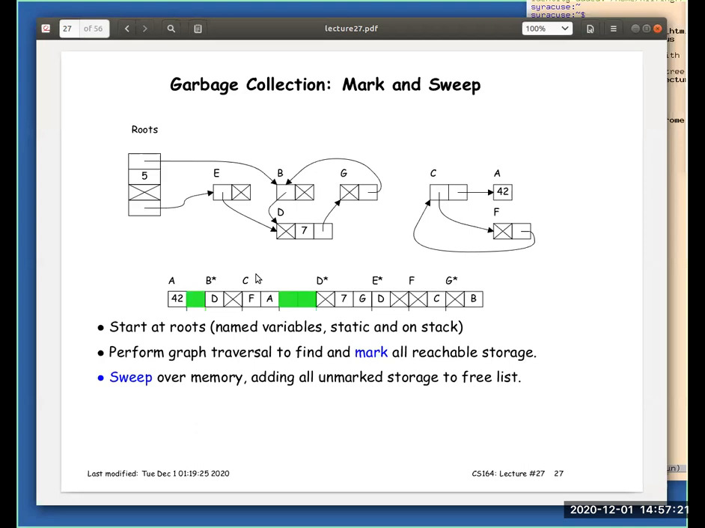So we start with mark and sweep garbage collection. Another old idea, goes back quite a ways. Now, again, we start with these roots. And again, the roots are the variables that the programmer can actually name. In other words, the things that a program can directly get at. We start there